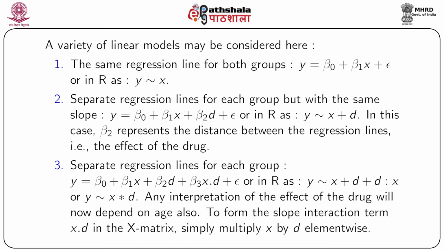So we introduce into the model a third interaction term, which is of the following form: y equals beta 0 plus beta 1 x plus beta 2 d plus beta 3 x times d plus the error term. And in R, we've seen previously when we want to fit this regression model, we can use either one of the forms of y tilde x plus d plus x times d, or simply we can write y tilde x star d. In both cases, the software understands the same model and it fits a regression model with x and d as the two main effects and their interaction as x times d.